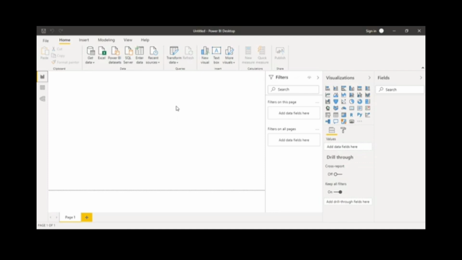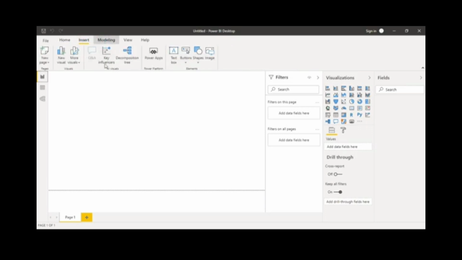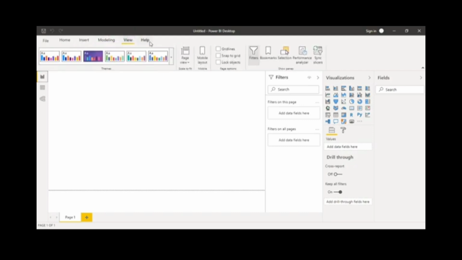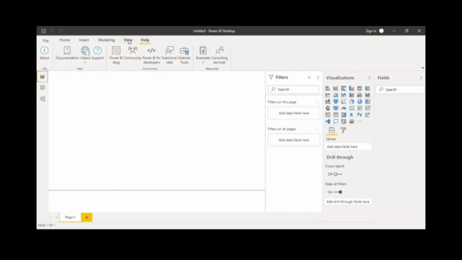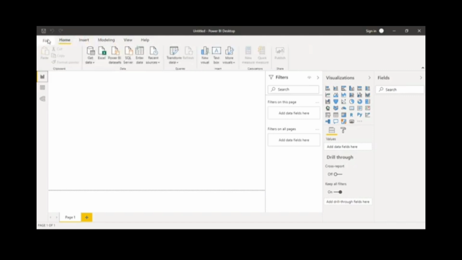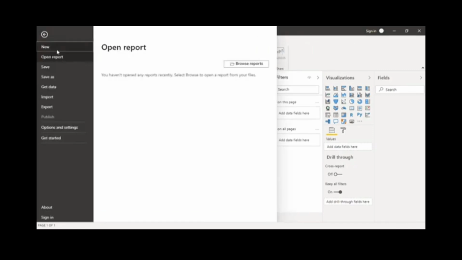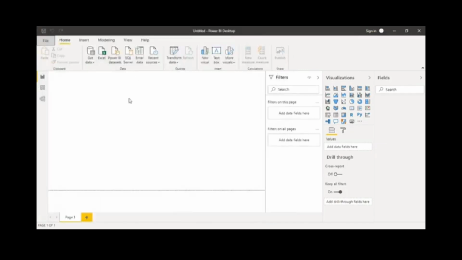So we need to first familiarize ourselves with this interface. You can see that this interface has these different kinds of tabs and ribbons, which is similar to Microsoft Excel or any of the Microsoft tools that we have seen coming with the Microsoft Office package. Then there is this file option, which is also very similar to all the Microsoft Office tools. So this is similar. Now the new things that we have over here are the filters pane, the visualizations pane,